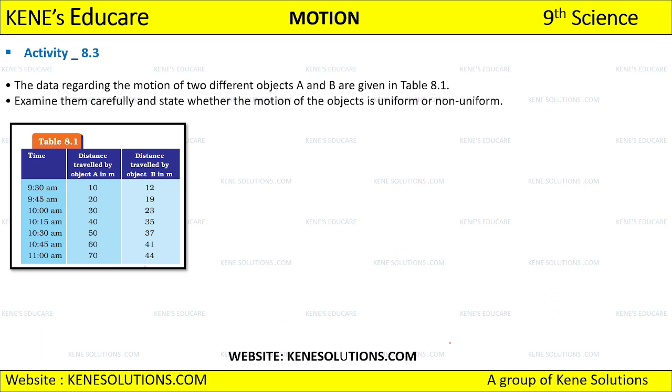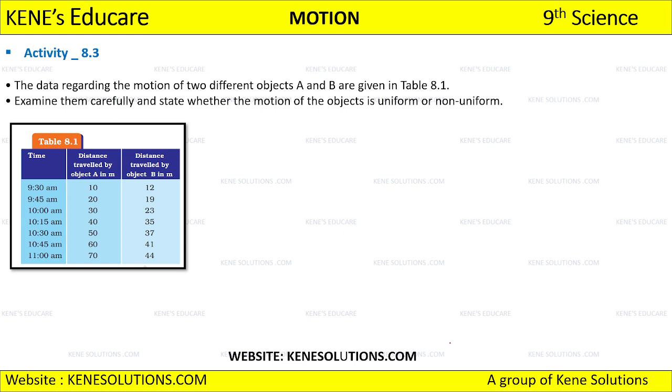And what explanation you can write over here is, here we see that every 15 minutes A travels 10 kilometers always, right? While in case of B, it is irregular. Sometimes B travels 7 kilometers in 15 minutes, while in the next 15 minutes it travels 48 kilometers, right? So this is what explanation you can write over here, and the inference that you can give is, the activity wants